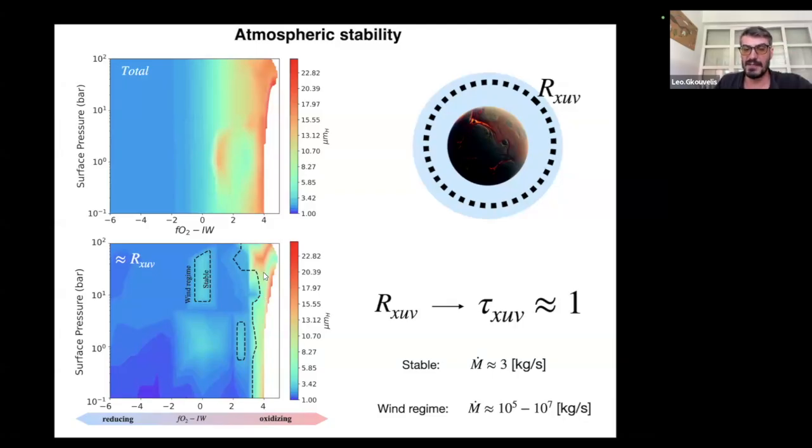Nevertheless, this is not only a function of the mean molecular weight I'm showing you here. It's also a function of the activity of the star, right? Because of course you know much better than me that in the beginning the M dwarf, for example, is very active in the XUV, and then drops down. So this is a game where you have to take into account both the planet and the star, right?